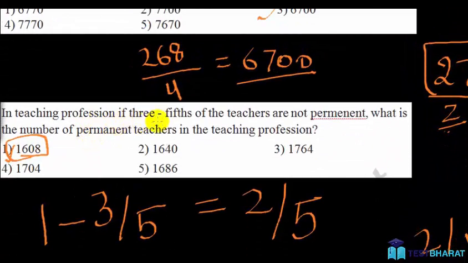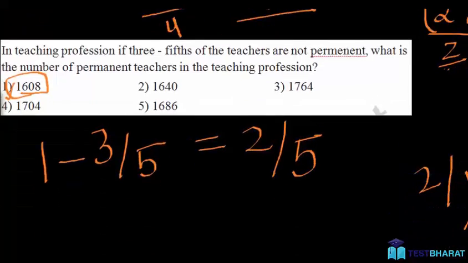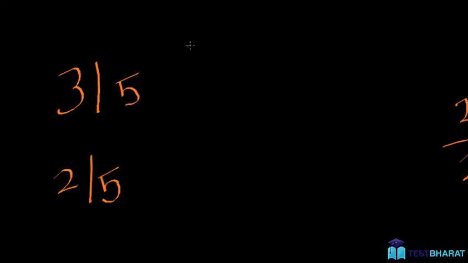In the teaching profession, if 3/5 of the teachers are not permanent, what is the number of permanent teachers in the teaching profession? If 3/5 are not permanent, that means 2 by 5 would be permanent. Why? Because if I tell you that out of 100, 25 are not permanent,